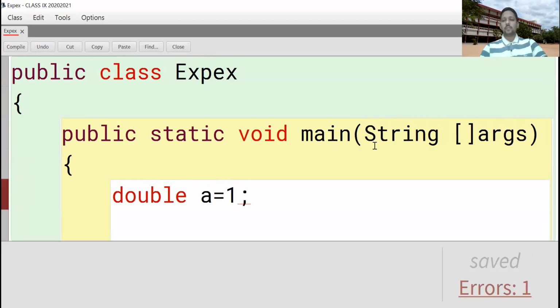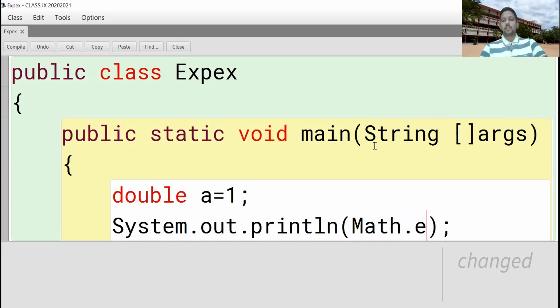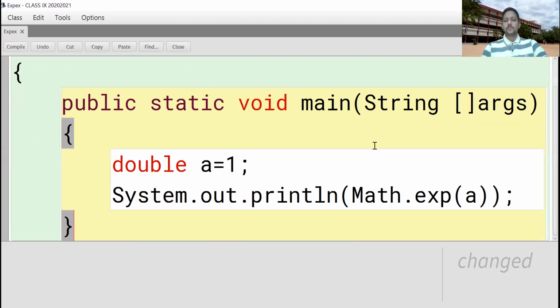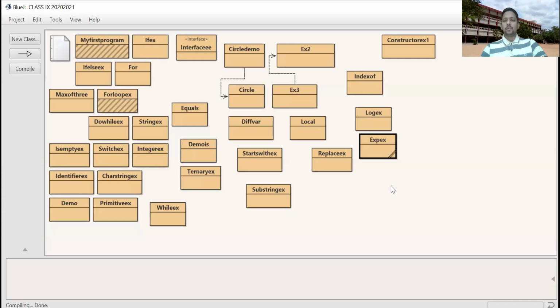Positive or negative, it will print. System.out.println Math.exp of A. So close main, close class. So for a positive or negative value, it will print the output.